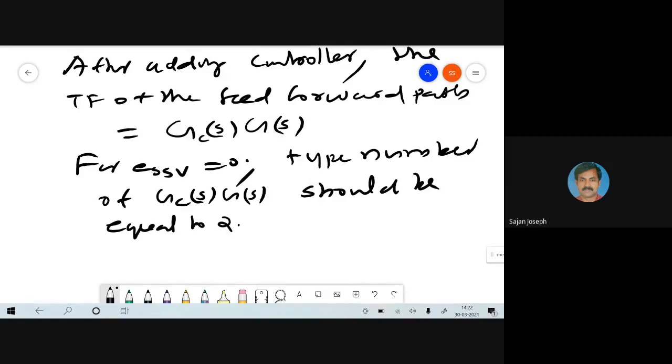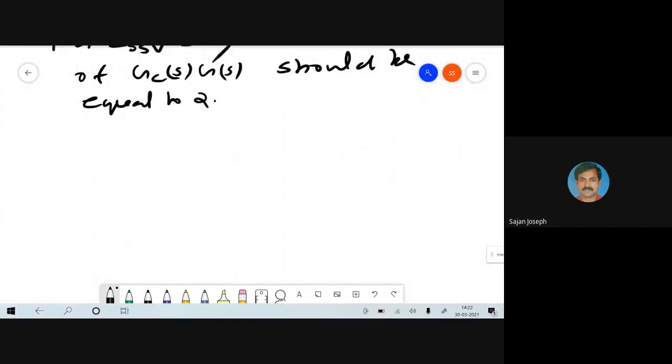And so what is the controller? Let us try whether, suppose that we simply add a proportional controller. So let us take a proportional controller. For a proportional controller,